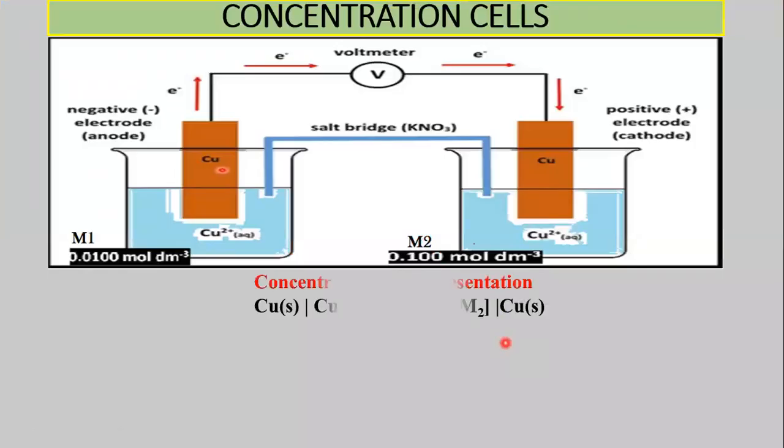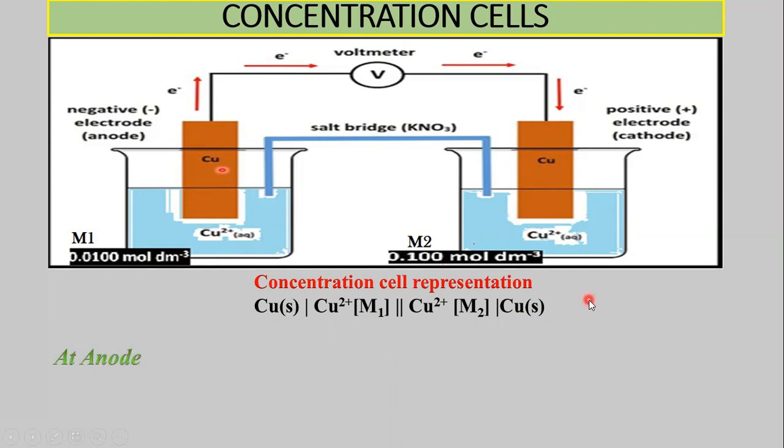So, let's see the concentration cell representation. We know a double bar is used that represents the salt bridge. On the left hand side, we write the anode part and on the right hand side the cathode part. Here, for example, copper concentration cell: copper electrode dipped in a solution containing copper ions. Anode means lower concentration, so we have taken M1 as the lower concentration. Here the concentration should be mentioned. Then the cathode part is copper ions having higher concentration, M2, in contact with the copper electrode.